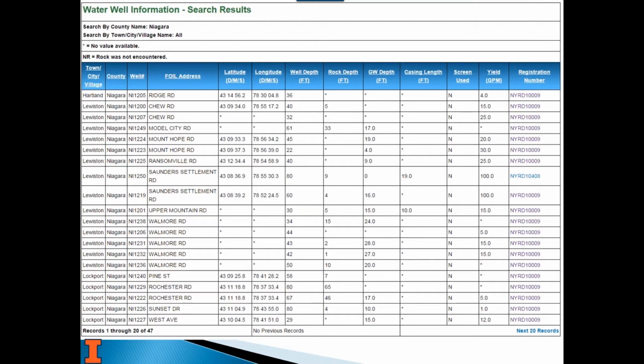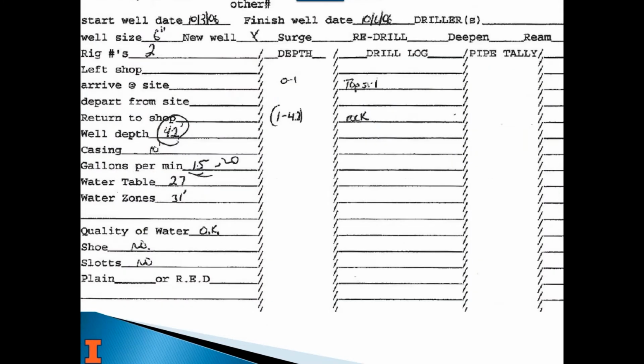And so that's not very protective. Yeah, that's why you need to know what your well log says and what information you have. And also some of their logs. This is a well that was drilled in 2006. It's not as robust as some others.